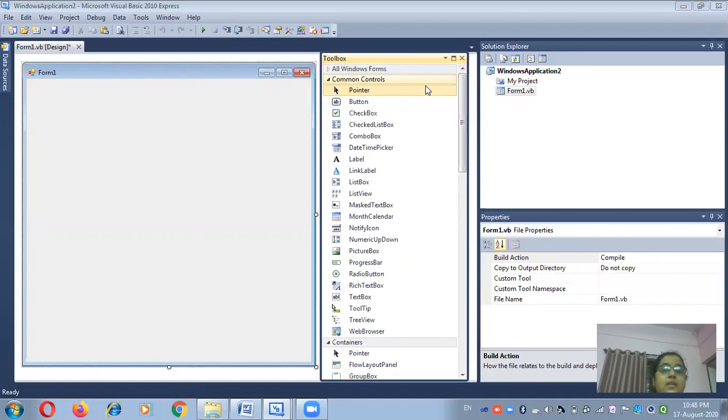Events are nothing but click event, double click event, key up, key down, mouse drag the mouse. All these are nothing but events.